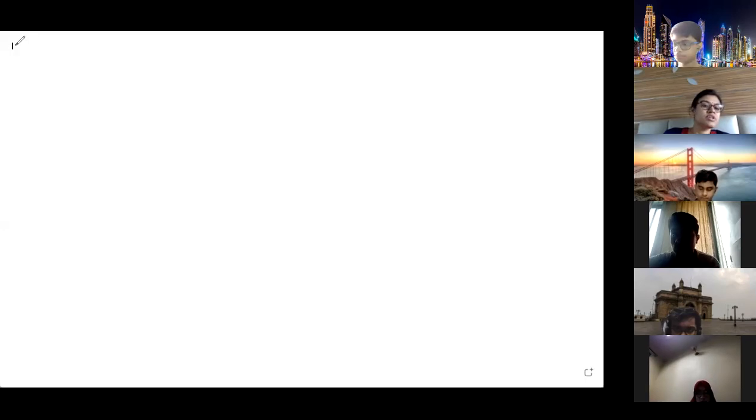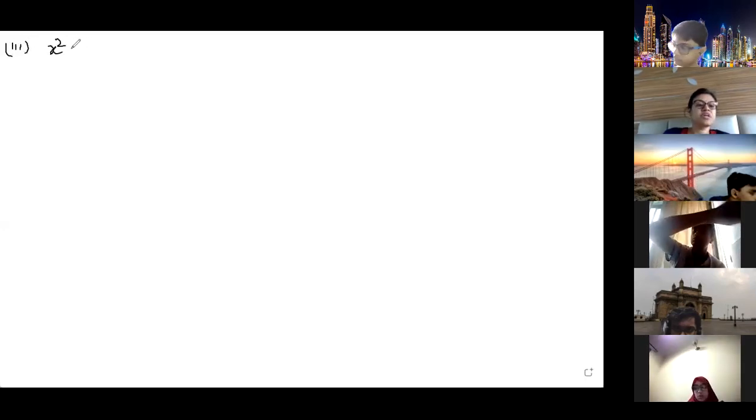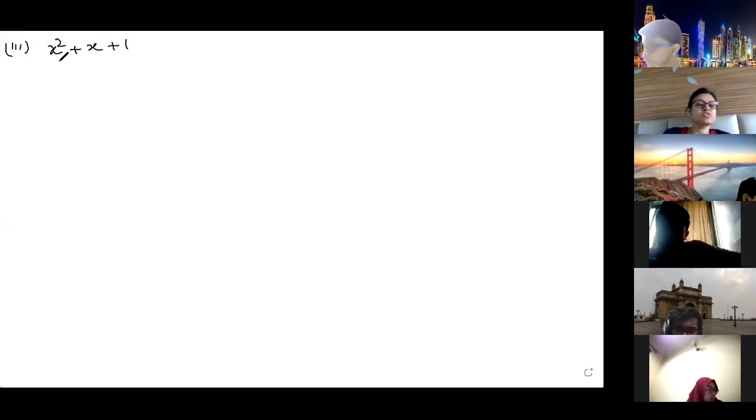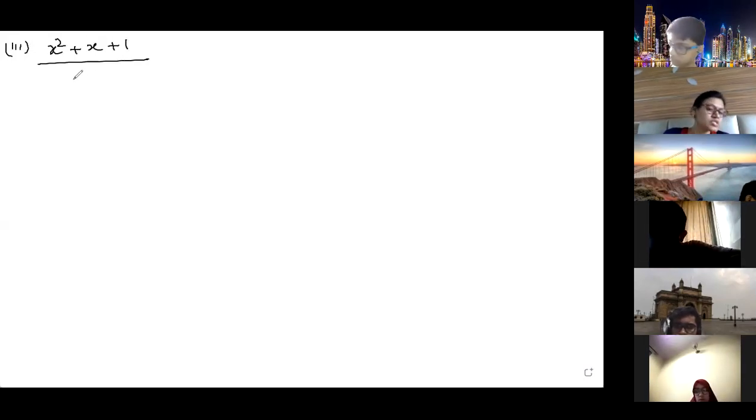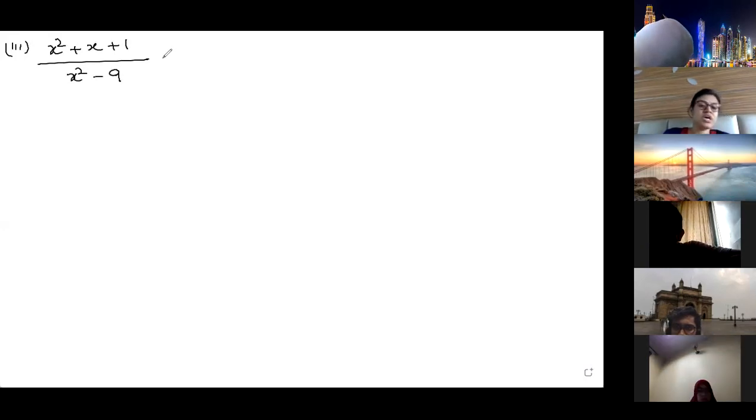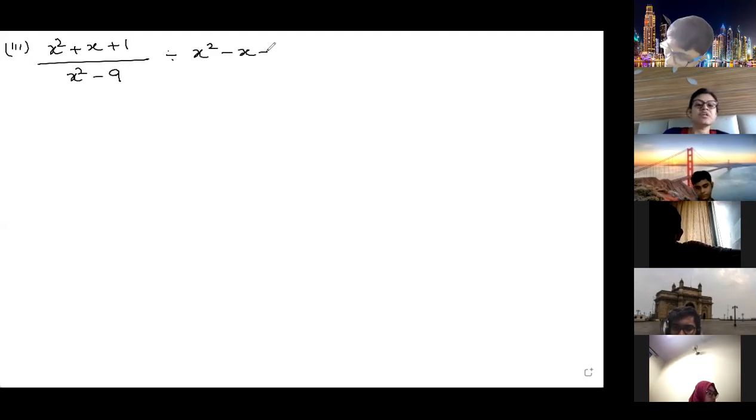This is question number 2, third part. x square plus x plus 1 upon x square minus 9. And all of you do this question and give me the answer. x square minus x minus 6 upon...